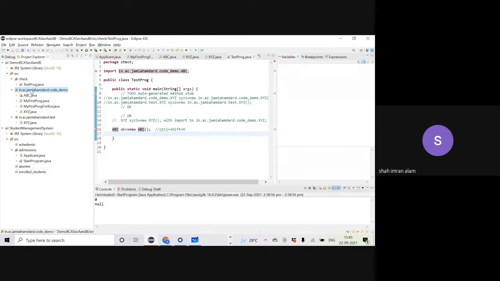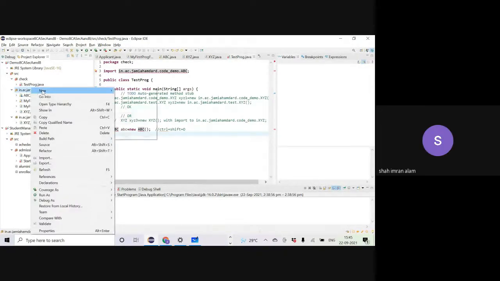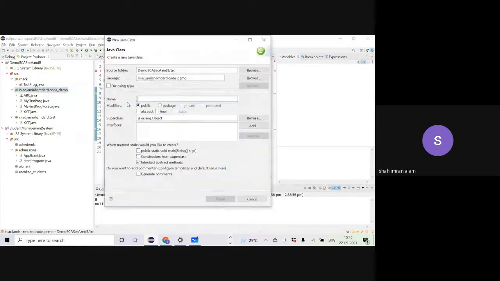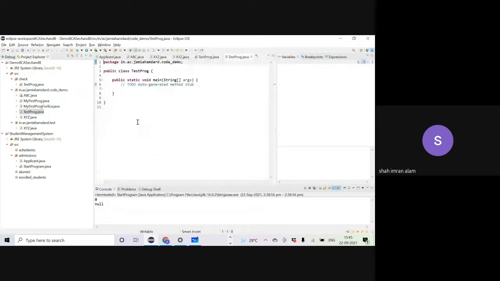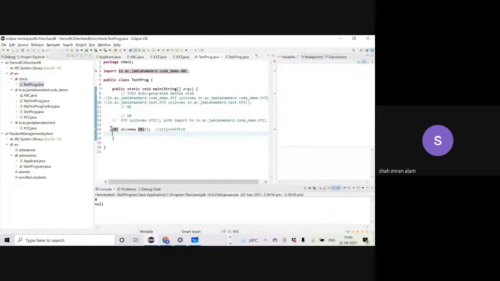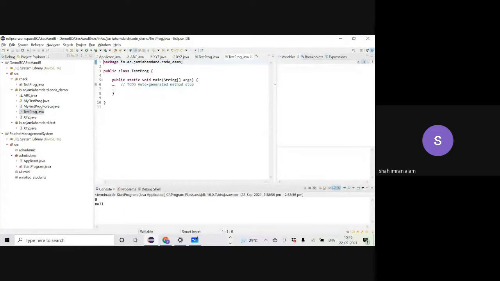However, if I want to create a new class here, say TestProg, in this package, with the same public static void main, for example, let me copy that code also. This code was not working there, right? Let me copy this code and bring it to this program, which is in the same package.